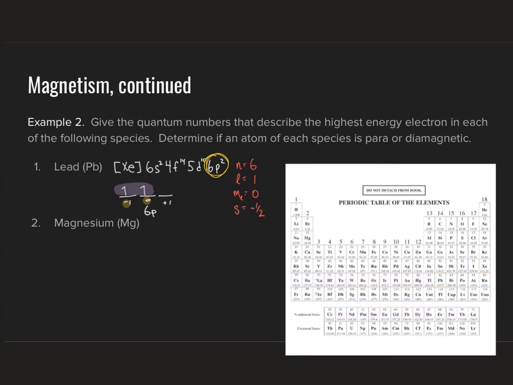So that's our first example. Let's go ahead and have a look at the second example, which is magnesium. A little bit easier for our electron configuration. We're now looking at element number 12, so we need to use our Aufbau principle to get up to 12 electrons. And again, following along in the periodic table, we'll go ahead and start off with the electron configuration 1s2, 2s2, 2p6, 3s2. So we've got our electron configuration, and you see there that our highest energy electron is that second 3s